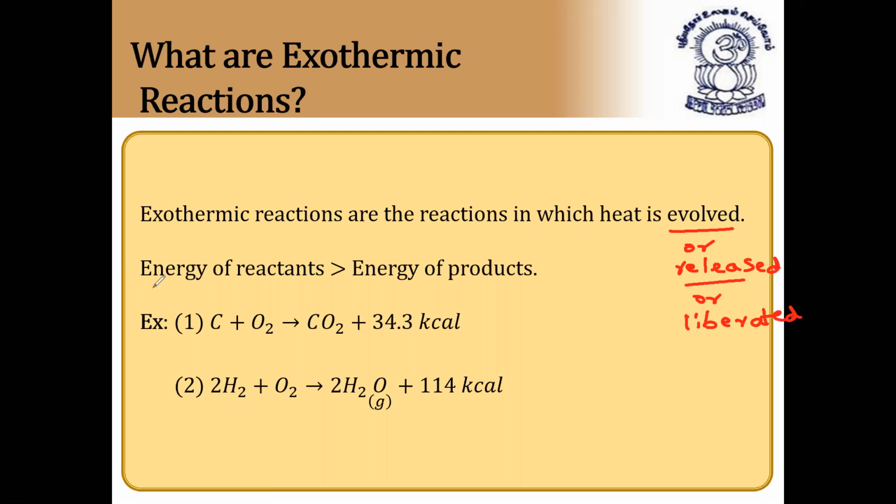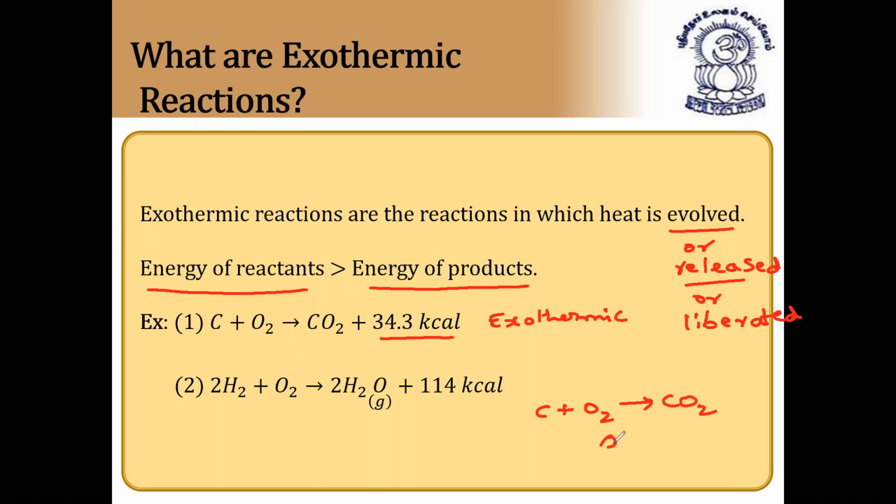In exothermic reactions, the energy of reactants is always greater than the energy of products. That is why you will get a negative sign. So C plus O2 gives CO2 plus 34.3 kilocalories. The plus on the right hand side means it is an exothermic reaction. Actually, this reaction can be written like this also: C plus O2 gives CO2,